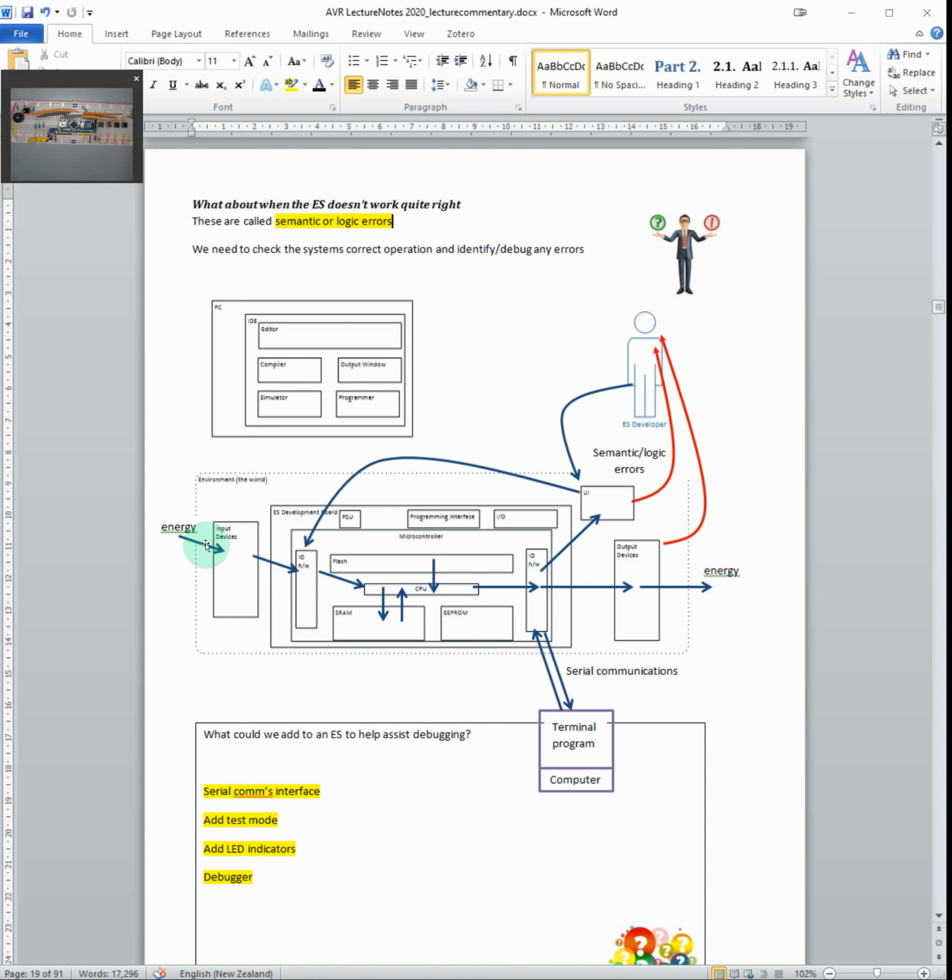So basically thermal energy is converted to a number, which is processed by commands which the CPU drags from the flash, and of course these numbers representing temperature can be stored in the static RAM and manipulated,